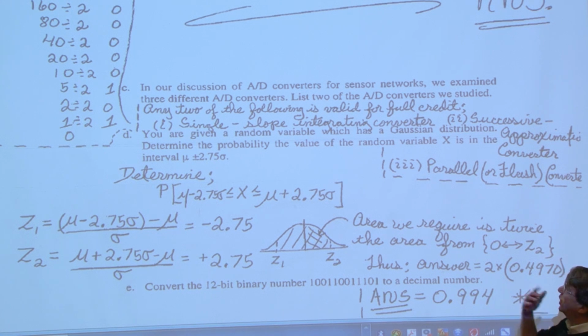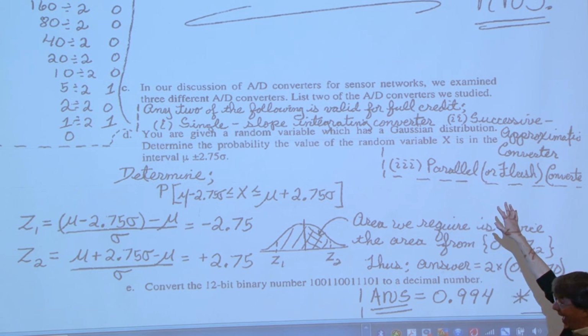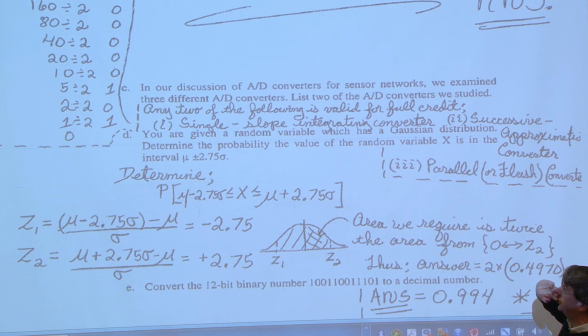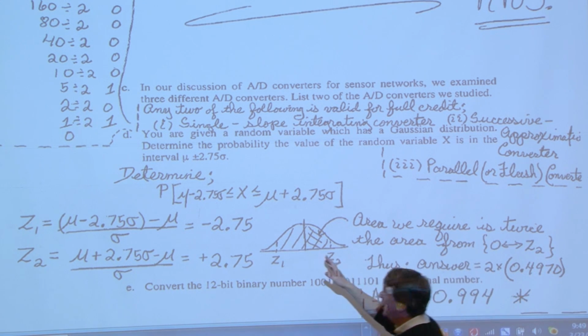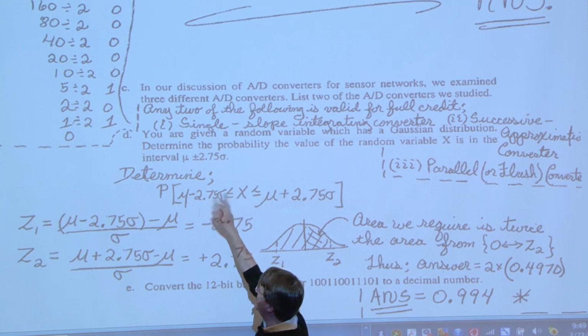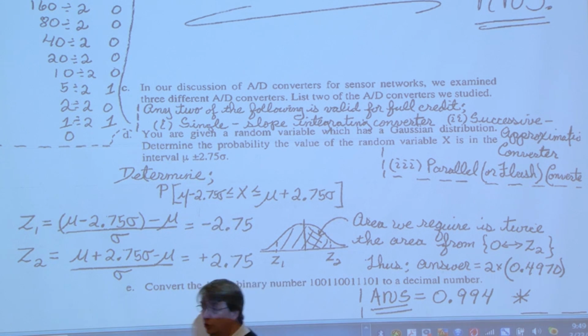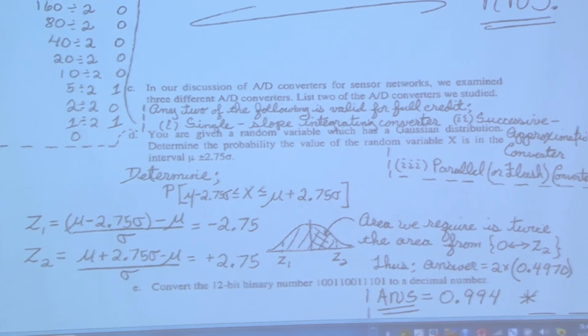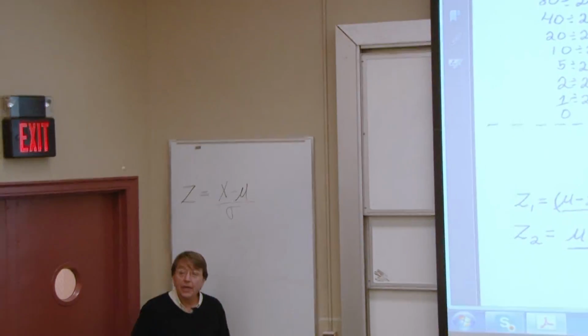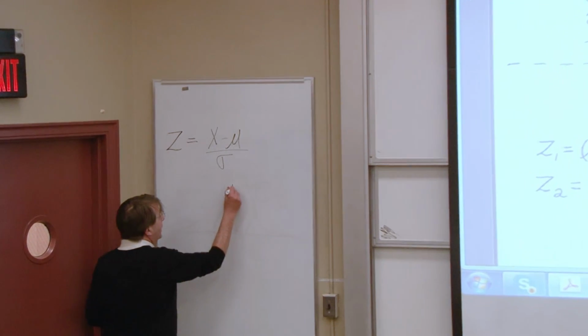Okay? It says you're given a random variable that has a Gaussian distribution. Now determine the probability that we are in the interval mu plus and minus 2.75 sigma. I have to tell you, I like to draw this stuff. Okay? So what we have is